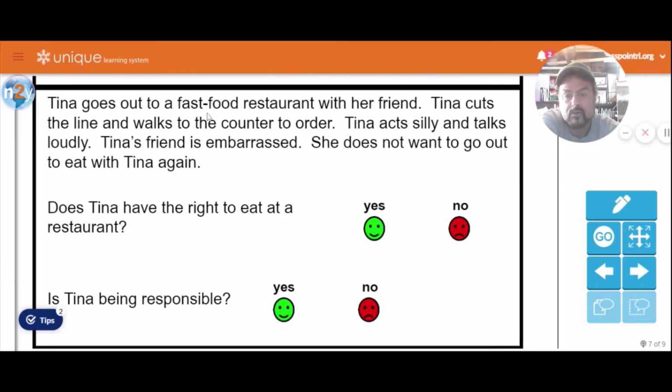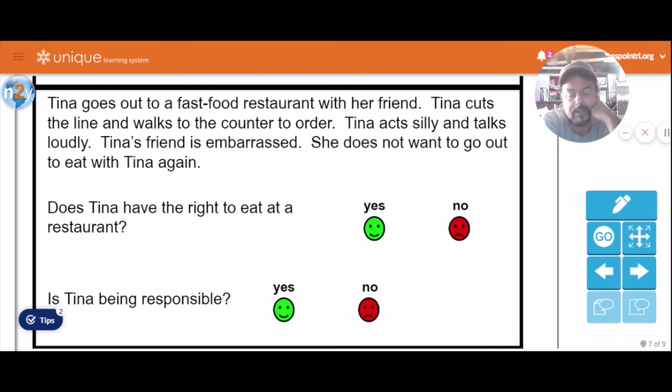Tina goes out to a fast food restaurant with her friend. Same two people, different situation. Tina cuts in line. She cuts in line and walks to the counter to order. She goes in front of all the other people, you know,